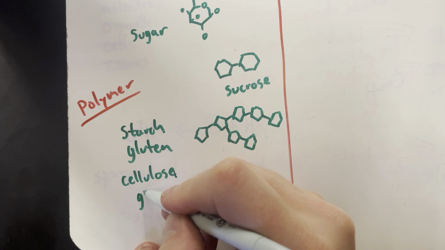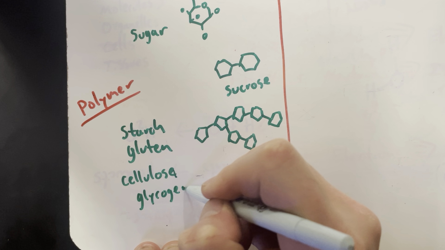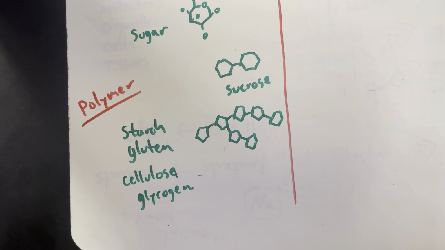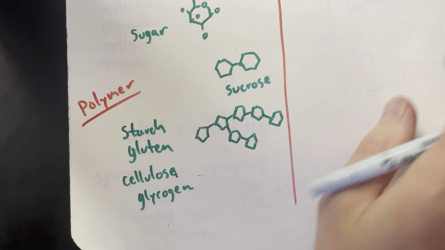Glycogen in the body is a complex carbohydrate. It's a polymer. Cool. Next one